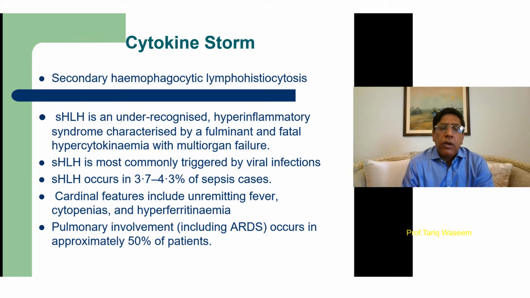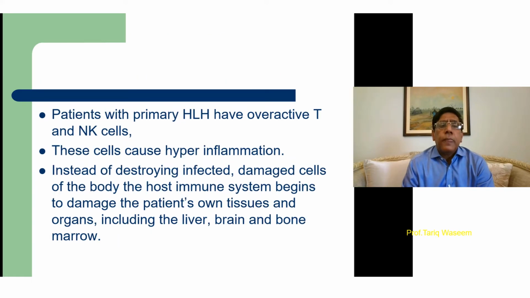There is pulmonary involvement, which also includes adult respiratory distress syndrome, and it occurs in almost 50% of the patients who develop this cytokine storm or activation of this hemophagocytic